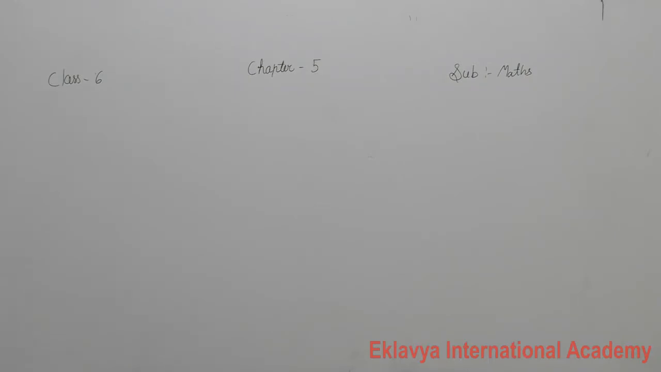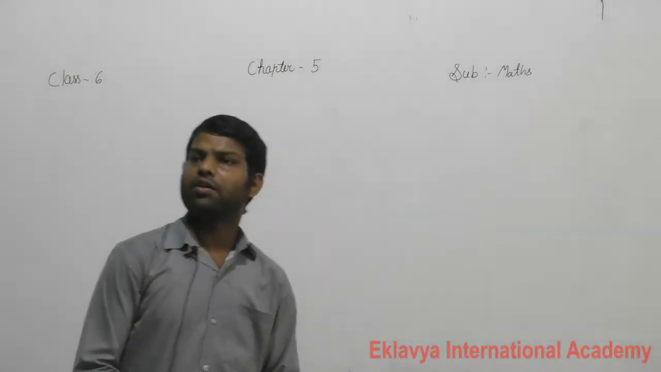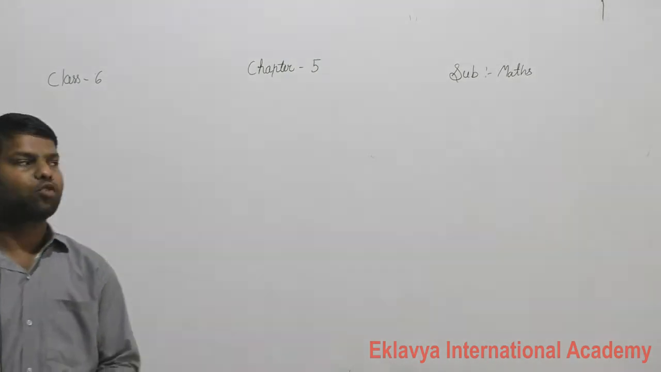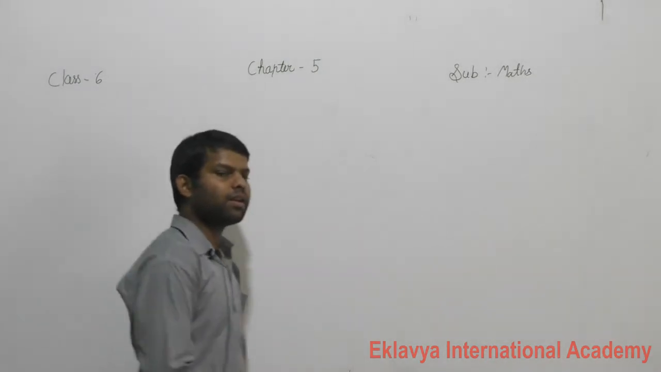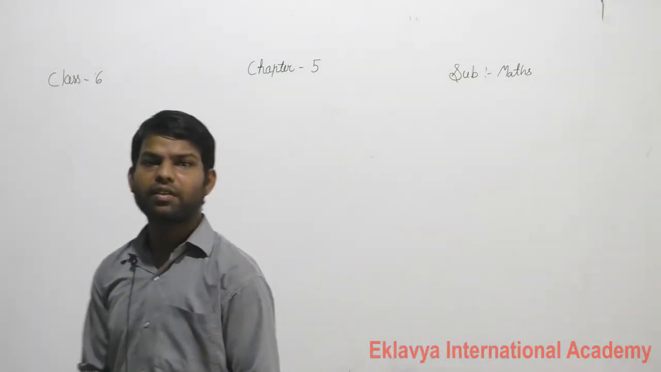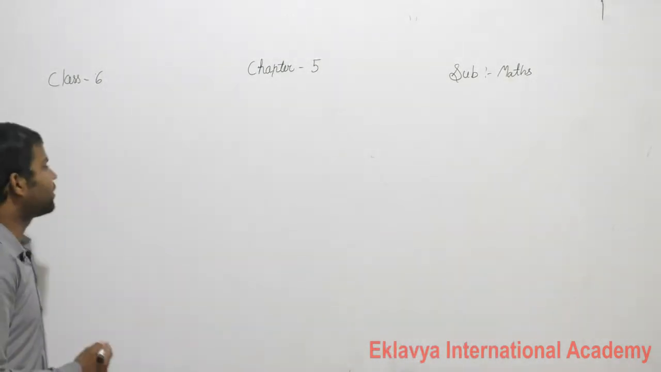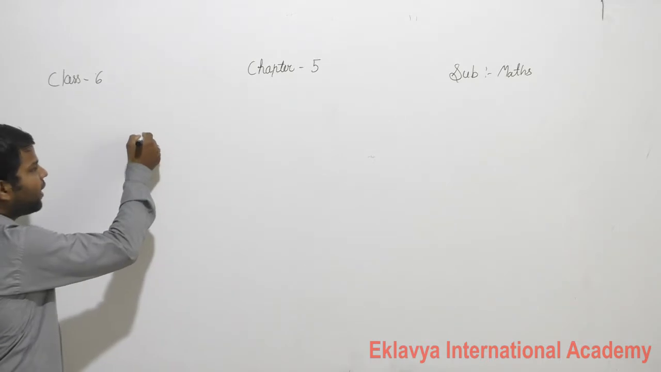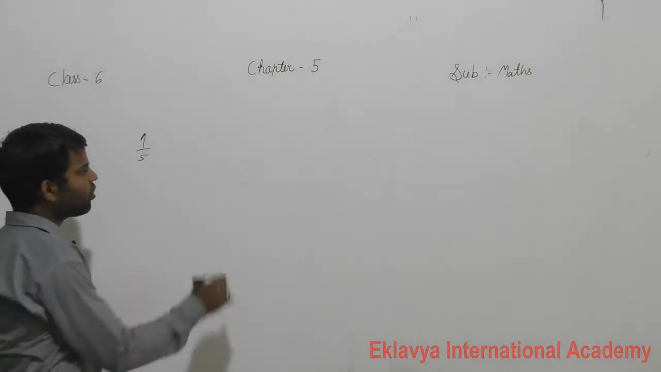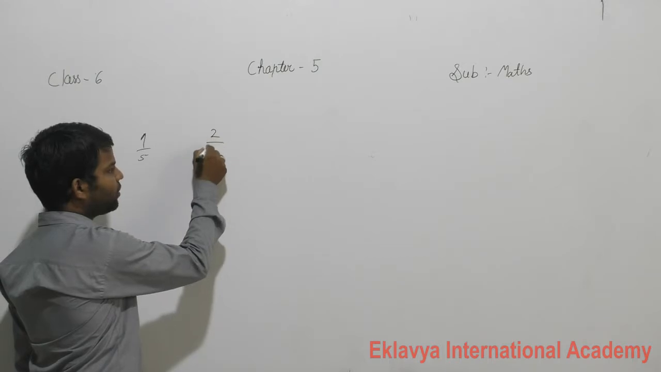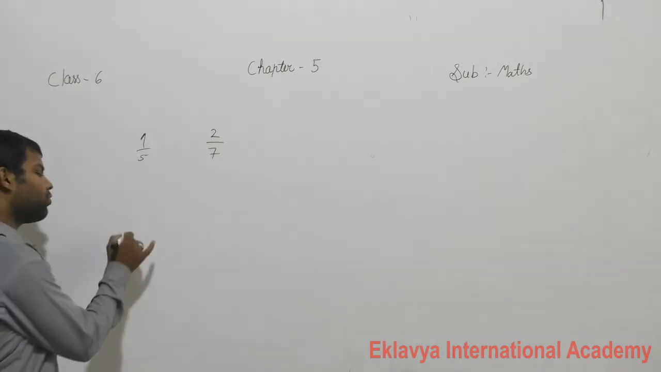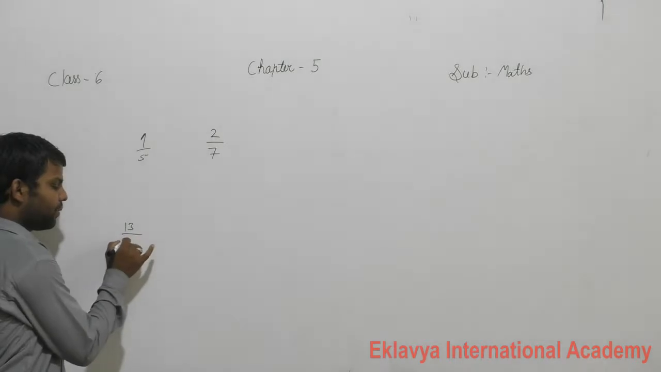Good morning, students. Today we will discuss the comparison of two fractions, whether they are like fractions or unlike fractions. It's not important whether they are like or unlike. If I write 1 upon 5 and we want to compare it with 2 upon 7, they are like fractions. If we want to compare 13 upon